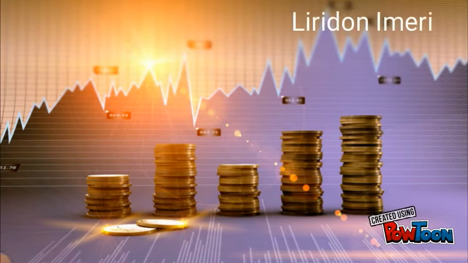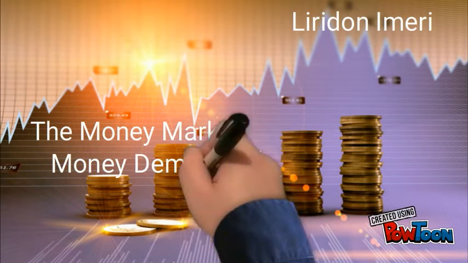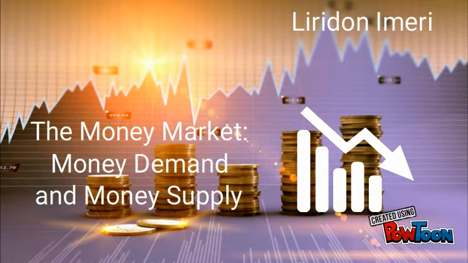The money market is an economic model describing the supply and demand for money in a nation. Consumers and businesses have a demand for money, including cash and checking and savings accounts, and they use financial institutions for this purpose. Economists illustrate money demand using a demand curve just like they do in the market for products